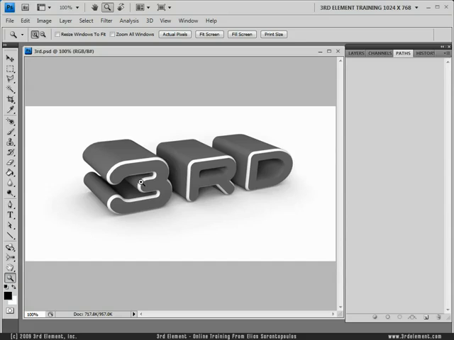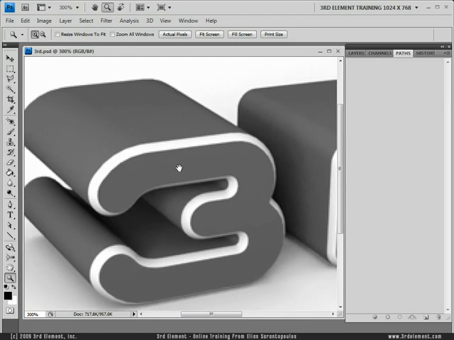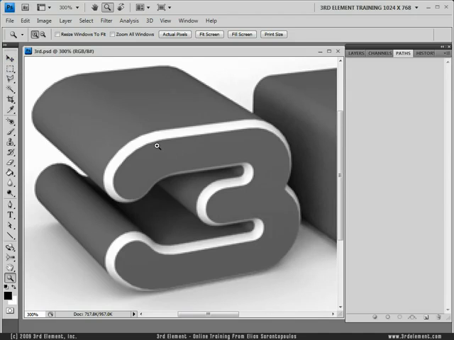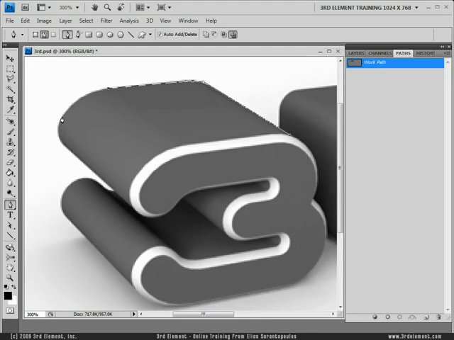So I'm going to zoom in and I'm holding down the space bar to go up and down, left and right, okay? And you're going to see me do this a lot. Select the pen tool and let's start with the letter 3 here. So click, click, click and drag, click, click and drag, Option click, Alt click, pull out a new handle that follows a new curve, click and drag,